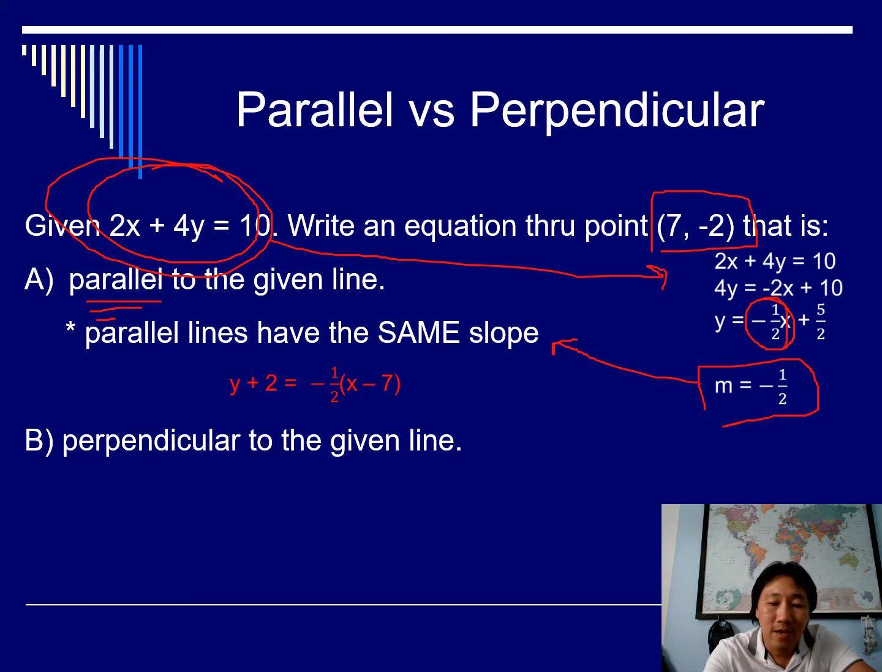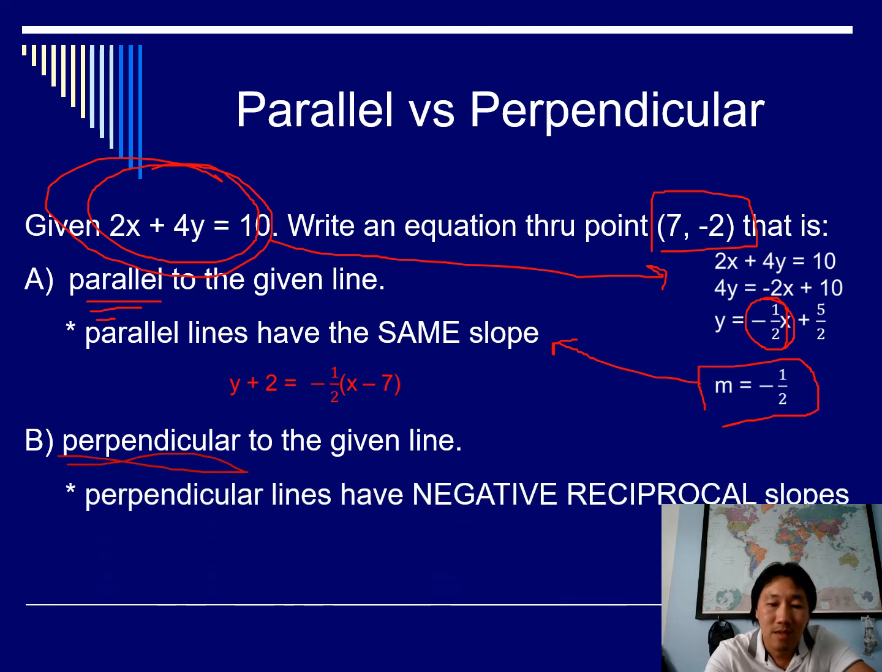To do a perpendicular line, perpendicular lines have negative reciprocal slopes. What that means is you're going to take your fraction, flip it, that's the reciprocal, and then you change the sign. That's the negative part. So if our slope is already negative, then you would turn it positive. And if it's positive, you would turn it negative. So the perpendicular slope, which this is the symbol for,